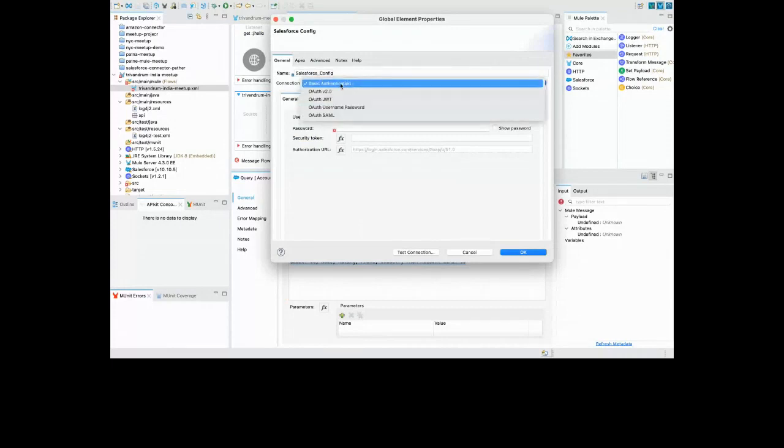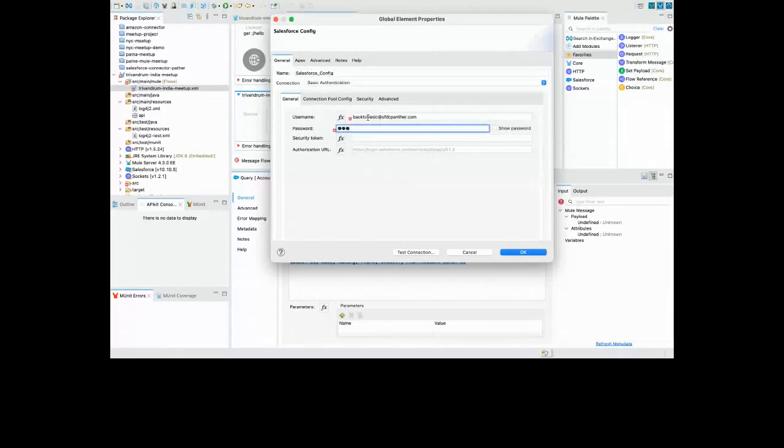There are multiple options like basic authentication, which uses username and password, OAuth 2.0, JWT, OAuth username and password, OAuth SAML. For this purpose, I'll use basic authentication where I need to use users. I'll provide my username over here. I will provide my password